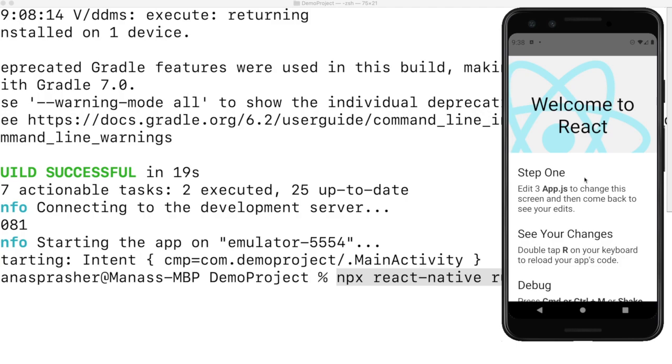So now if we want to make any change and run this thing again, this will be very time consuming. So one of the biggest advantages of React Native is this Metro packager which I'm talking about